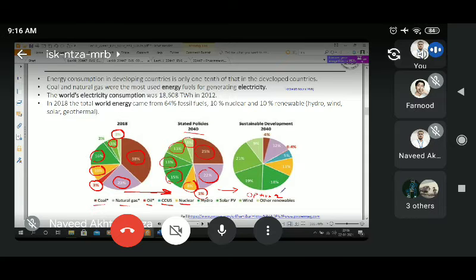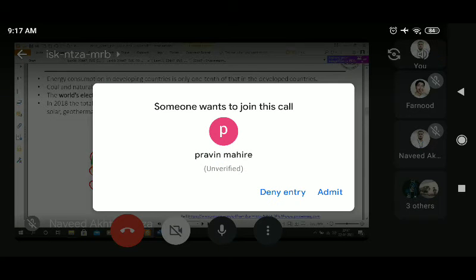So in that case, you have to increase the use of solar energy. You can see it is from 2% to 21%, you have to increase. Other sources of renewable energy you have to increase from around 5% to